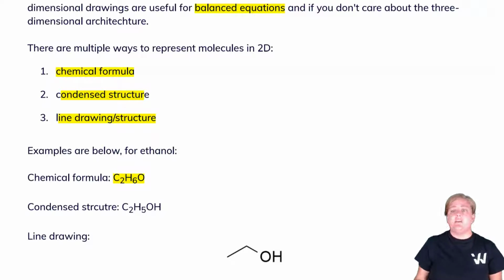It gives you a feel for where the bonds actually are. So you'll notice now that we say it's C2H5OH, which tells us that we have an alcohol functional group present and that we have an OH bond. A line drawing is the last way you may see things, and it's shown here, where each point here is